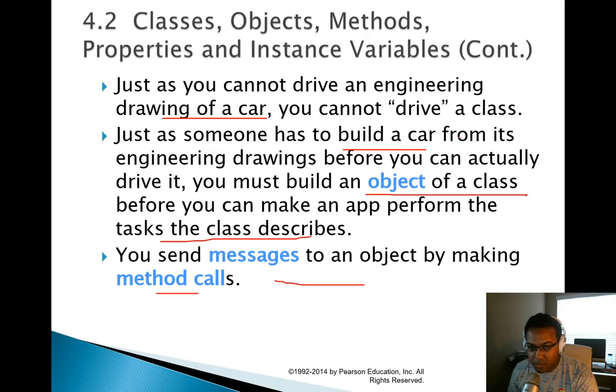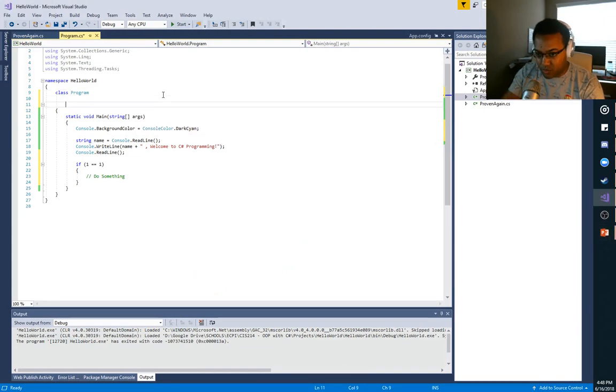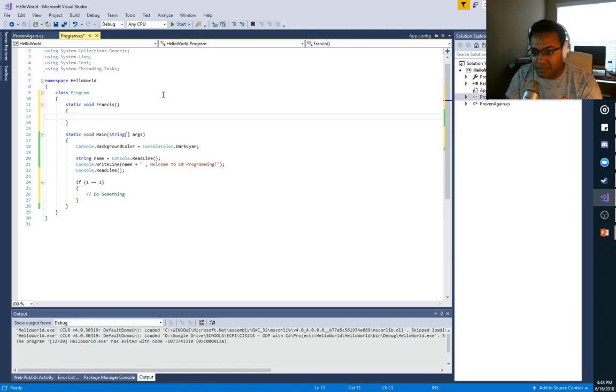So remember in chapter 3 I created a method called static void Francis, and then I called that method. Well, that's exactly what's happening here. You send messages to an object by making method calls. So it would look something like this actually. And this is the actual program that we wrote in chapter 3. And I'm gonna create that method again, Francis. And I'm just gonna say console.writeLine